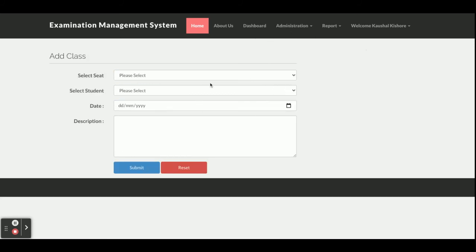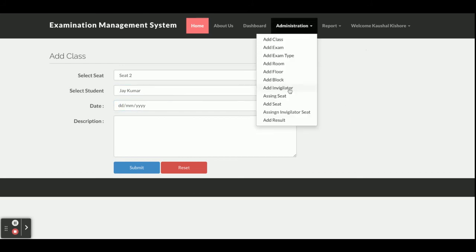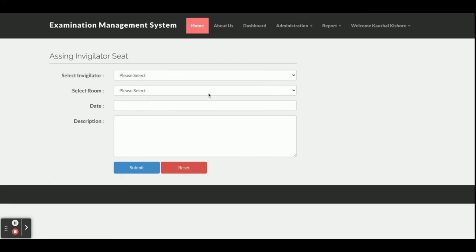Assign seat: from here the teacher will select the seats, the student, date and descriptions, and after that that will be assigned to that student, right? This is assign invigilator seat. So from here the teacher can select the invigilator, and after that he can select the rooms, date and descriptions, right? And that invigilator will be assigned to that room.